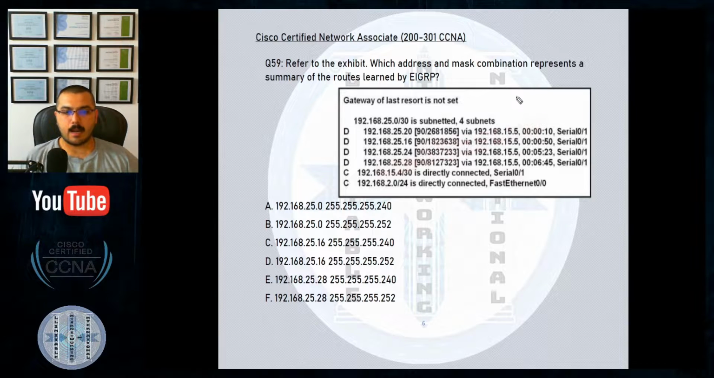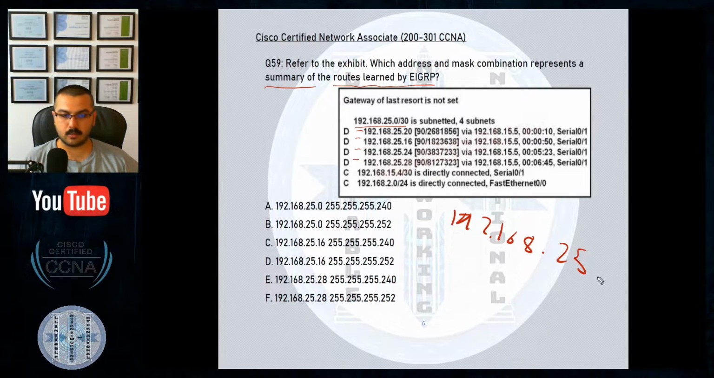Okay. Which address and mask represents a summary of the routes learned by EIGRP? Route summarization, yes, has been removed, but I will tell you about it. I have 192.168.25 and I have 192, by EIGRP only. So only those 4 were advertised by EIGRP. The smaller one is 192.168.16, I'm sorry, 25.16. The biggest one will be 28,